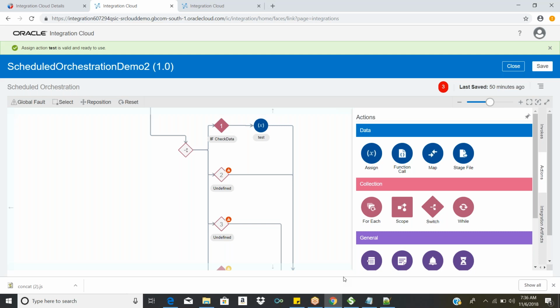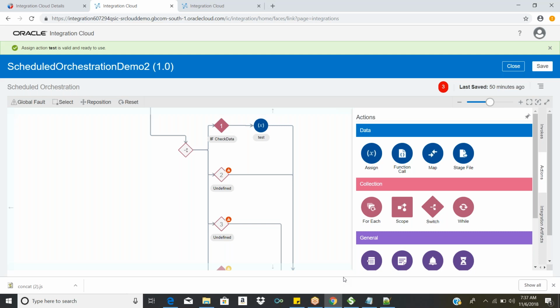Okay, I read the data. For each record, I need to configure a for each to iterate over all 10 records. Inside the scope of the for each, I'll define a notification activity to send an email alert. So once I read the data, an email will automatically be triggered when you configure the notification action. When you define actions in the for each activity, for the first record, second record, third record, and all the records, an email alert will be triggered individually.